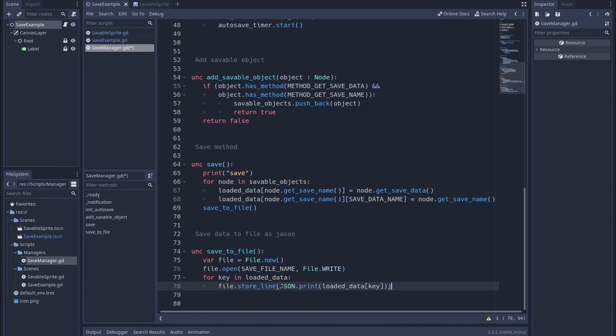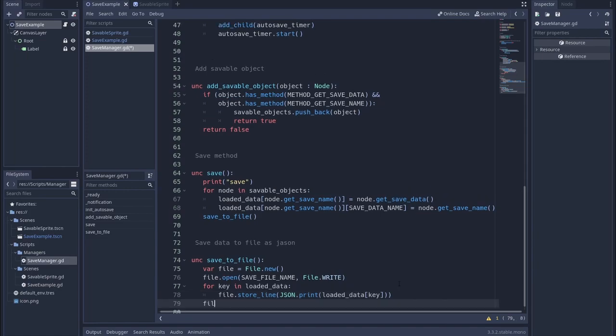Now to explain this, this will just store anything you write inside it as a line in a file. This converts whatever object you have inside here to JSON. And this loaded data is a dictionary. We are here looping through all the keys, and here we are getting the data for the key. So the key would be this get save name as explained, and the data will be the get save data. So we are currently just writing it to the file, and the final thing we can do is file close,